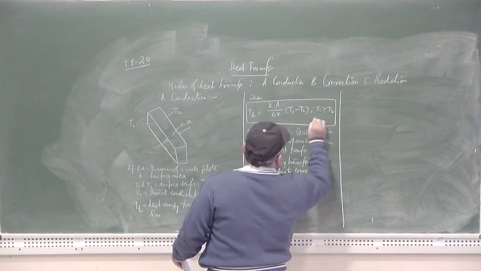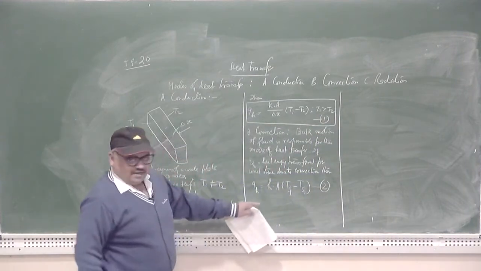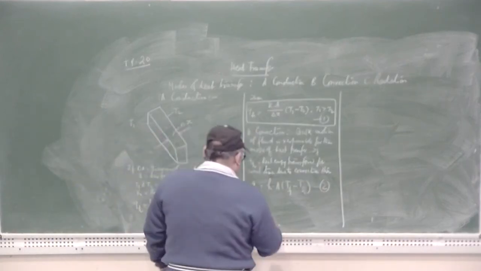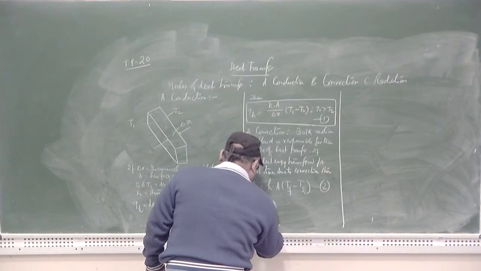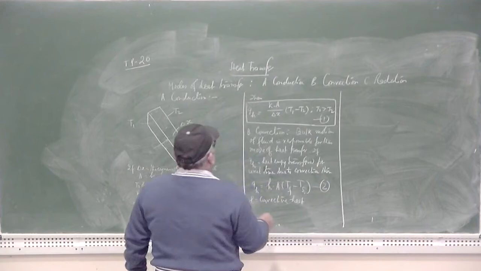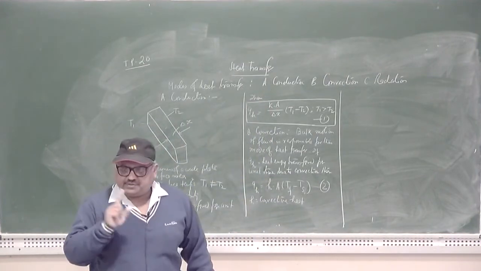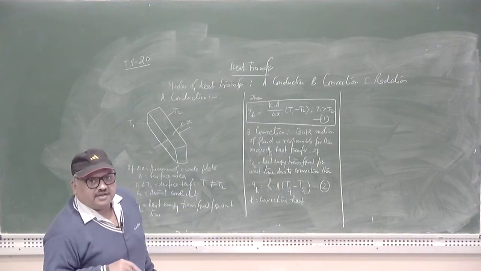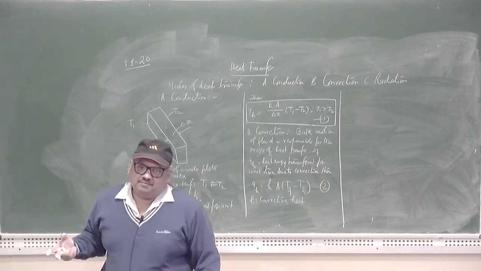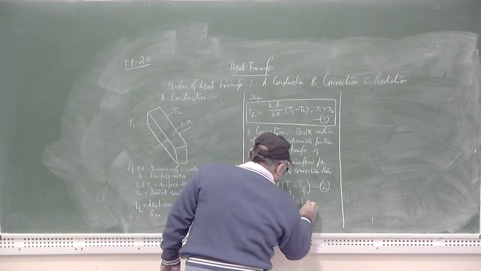Let it be equation number 1, let it be equation number 2, where here it is necessary to understand this H is called the convective heat transfer coefficient, which is nothing but it is replacing the thermal conductivity which is the principal term in the conduction heat transfer. That K has been replaced by the convective heat transfer coefficient if the convective mode of heat transfer is going on. So, this H is called the convective heat transfer coefficient,